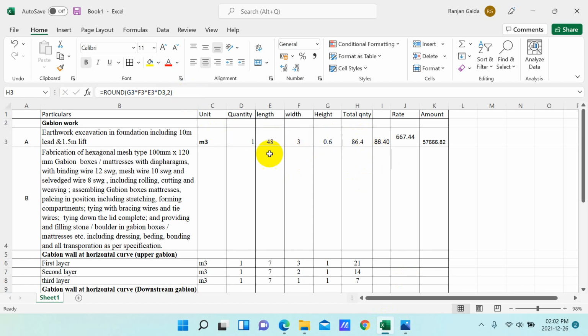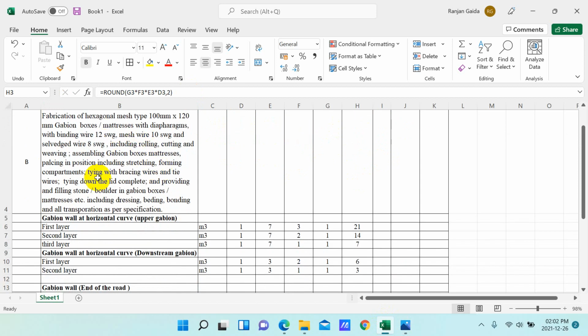So after that we are going to use hexagonal mesh type of 100 mm and 120 mm gabion box mattress with diaphragm binding wire. As we can see, all the specifications can be downloaded from DUDBC norms. So the gabion wall at the horizontal curve, or upper gabion wall, and I have written first layer, second layer, third layer. What does it mean is,